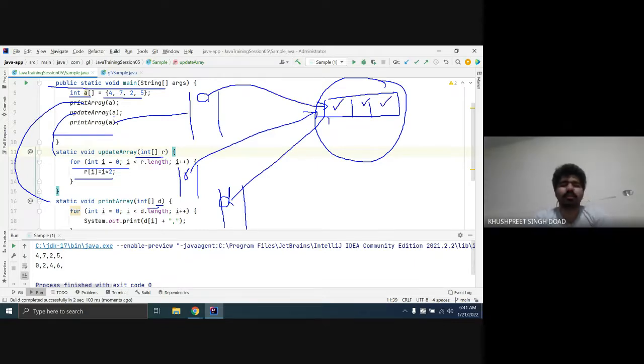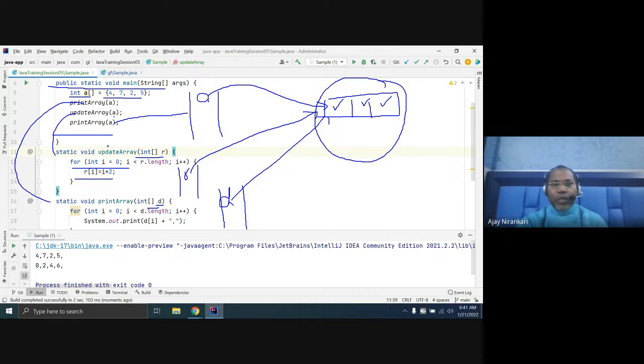Sir, update array, print array, these are general methods. Yes. Here we can pass any array, it will just apply the formula for int i equal to 0 and all that. R can be any array. Why does it just point to a? Because you are passing a here. When you are invoking this update method, you are passing a, right? Where a refers to this. So whenever a is passed here, r also refers to the same, because here you are also passing a. Whatever value you are passing while invoking here.